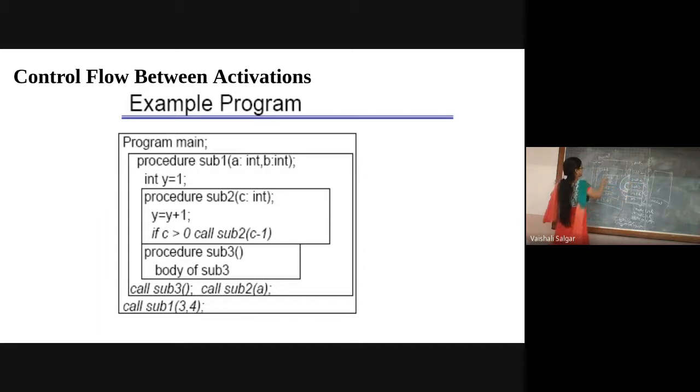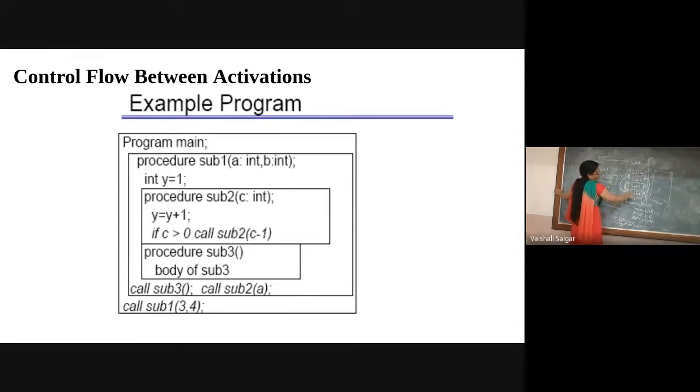And at dynamic time there is a recursion. So but obvious sub 1, then from sub 1 we are calling sub 3. At the same time for sub 1 we are having a call to sub 2. From sub 1 to sub 2, right? Now, I will again repeat it for control link or for dynamic pointer or dynamic link, the link is a pointer which will point to the caller activation record.